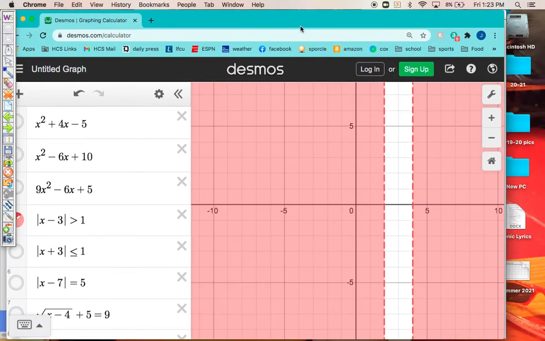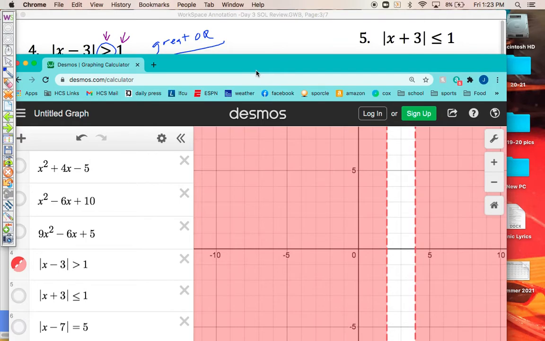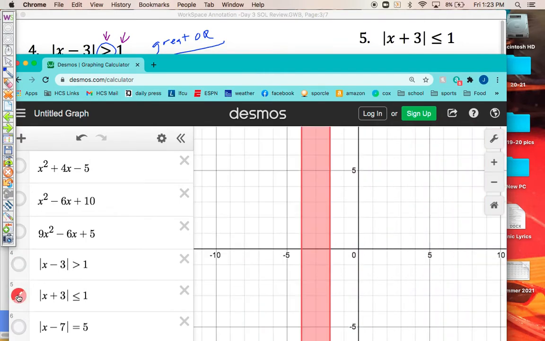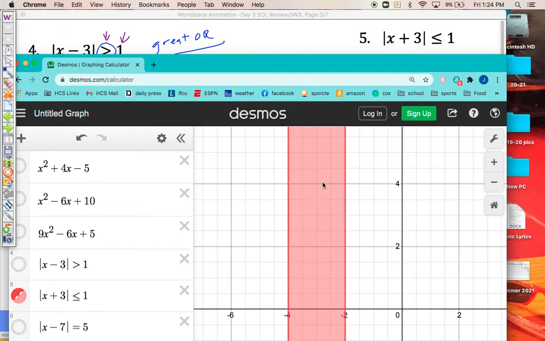All right, so let's look at number 5. And I'm going to graph number 5 to start. Looking at this, I'm at -2 and -4 with solid lines, which means I want to count those numbers, and I want everything between it. All right, so let's see if I can make that graph happen